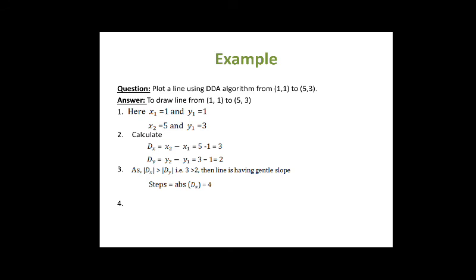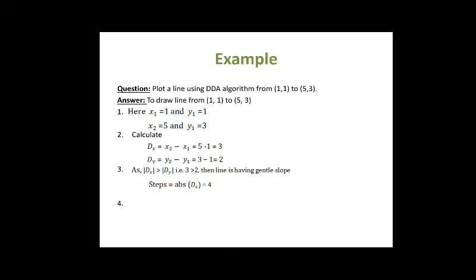After that I will check which kind of slope it is, right? Either dx is greater than dy or smaller than dy. So you can check that 4 is greater than 2. Means dx is greater than dy, and whenever dx is greater than dy, in that case the slope is a gentle slope. So you have a gentle slope for this line. So what will be the value of steps now? In the algorithm I have written that if dx is greater than dy, then steps will be dx, otherwise steps will be dy. So here dx is greater than dy, so steps will contain the absolute value of dx. Absolute means we have not considered any negative values, right?